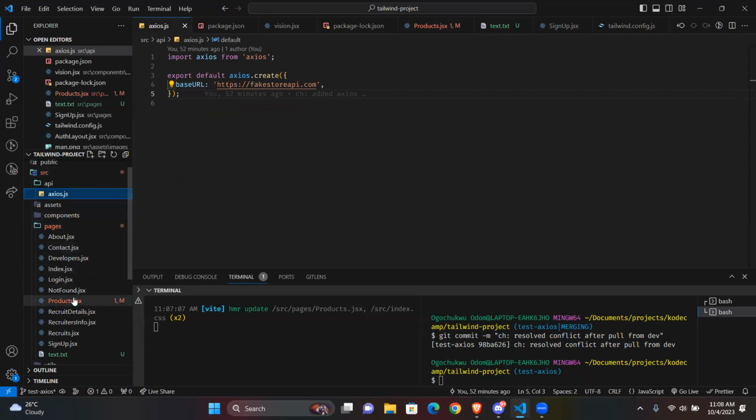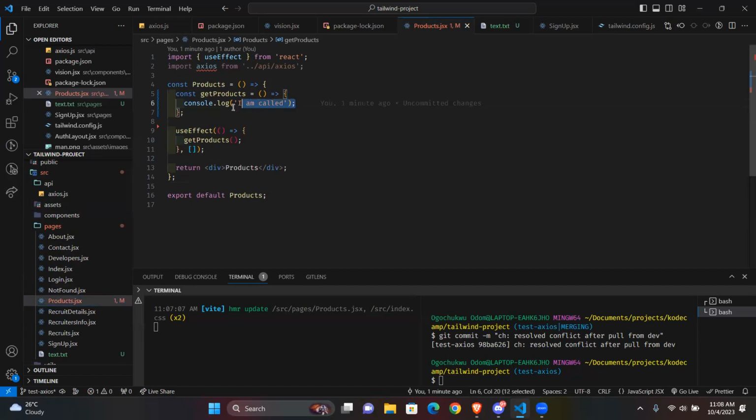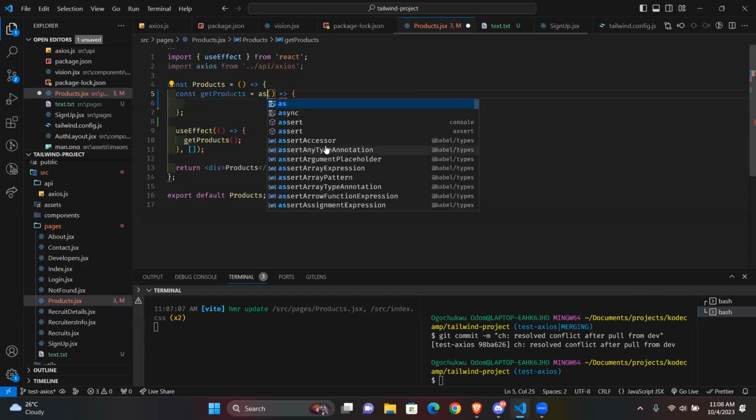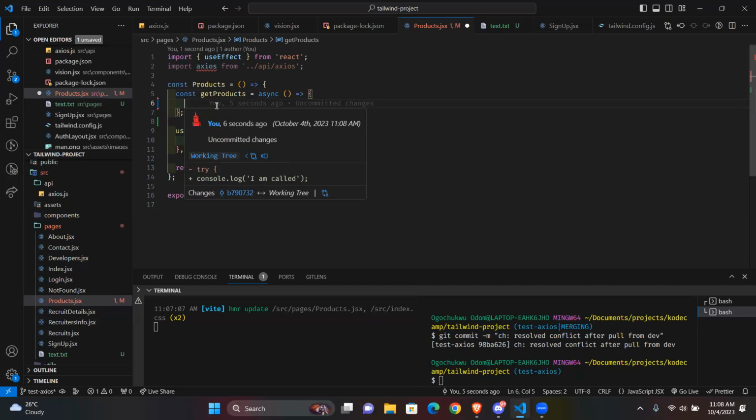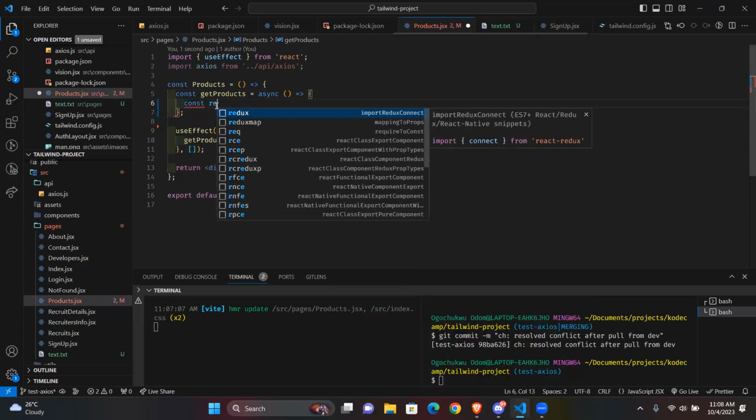To use this, because we are making an API call, we are going to change this into an async function, except if you want to use a .then. So async, and then you will do a const response